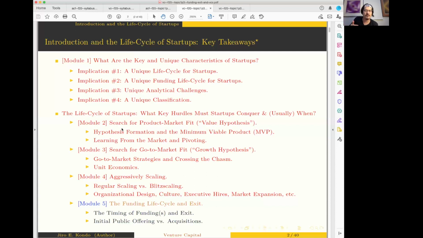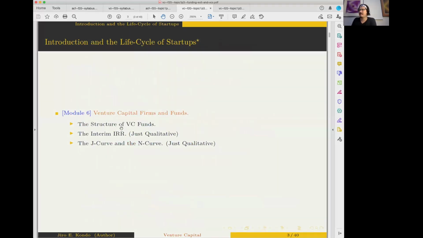But in addition to that, Des Hotels does technically have a course on acquisitions taught by David Schumacher. So if you want a deeper dive into acquisitions in general, not just for startups, but all sorts of different types of companies, including LBOs of cash cows and stuff like that, take his course. It's a wonderful course. But that's basically what we'll cover today. Folks okay with that? All right, let's go ahead and do this.